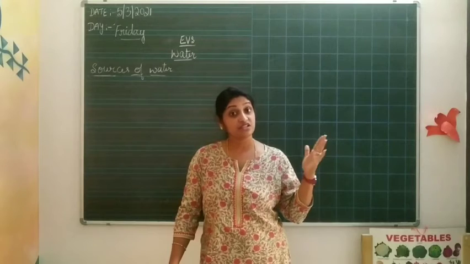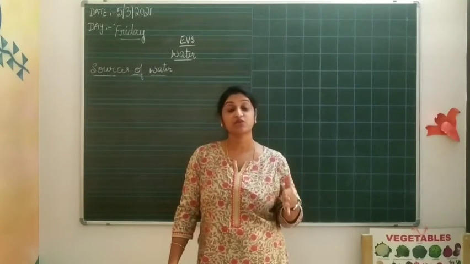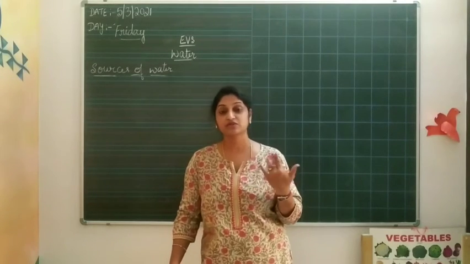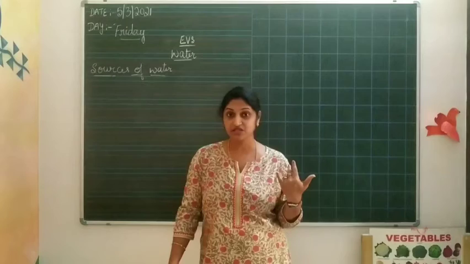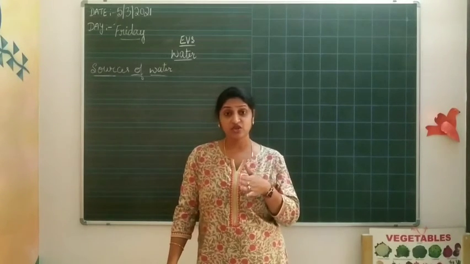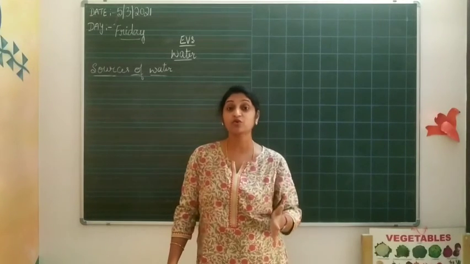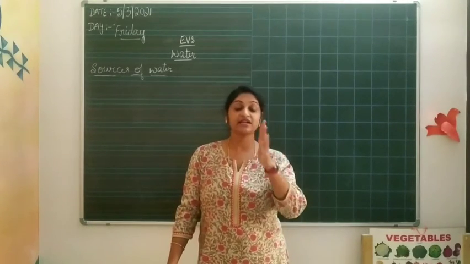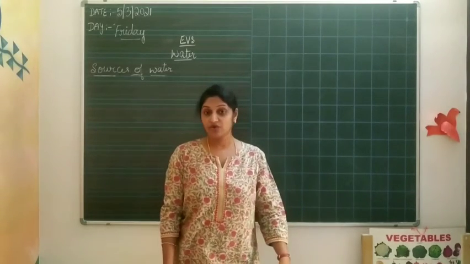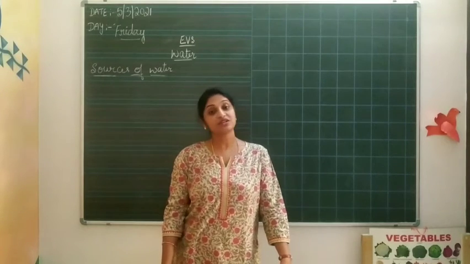If you go and see the sea, what color will it be? Most of the time the sea water will be blue color, or light blue, dark blue. In some other countries like Egypt and all, the water will be in a reddish color. Like at the joining of the Arabian Sea, the brown color mixes with the blue color water. That edge you can see very clearly. So the water is odorless, tasteless and also colorless.